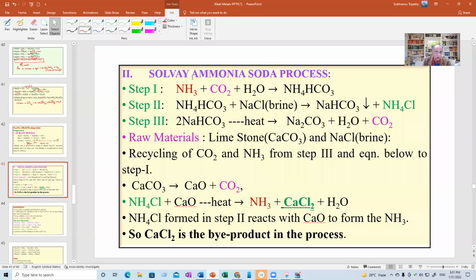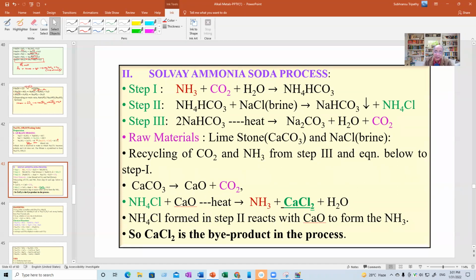Now, the raw materials for this is limestone and brine. You have to continuously use limestone and brine. But you need not have to worry for ammonia. Why? Because you may start with some ammonia, but once the reaction starts, then there is no necessity of ammonia. Ammonia is generated in the setup itself. See, the ammonium chloride, which is formed in the second step as the product, is taken out